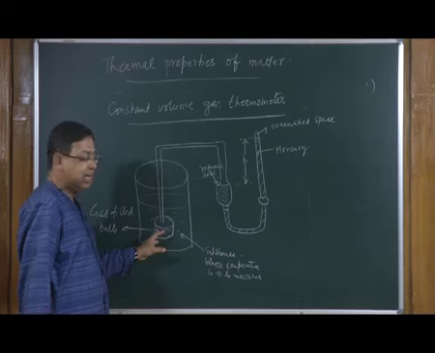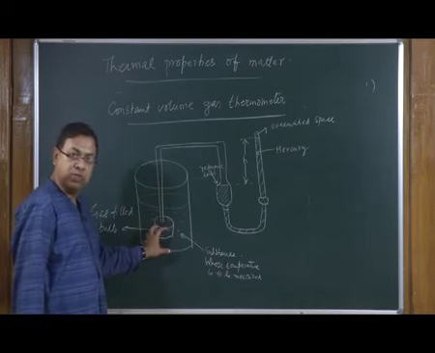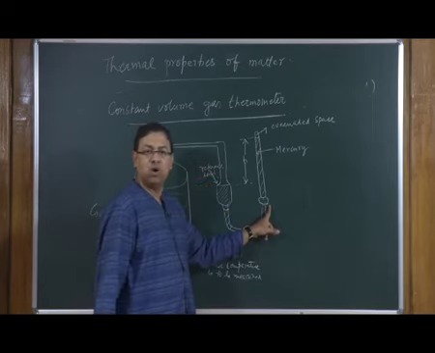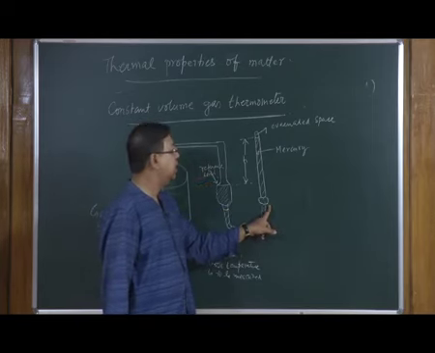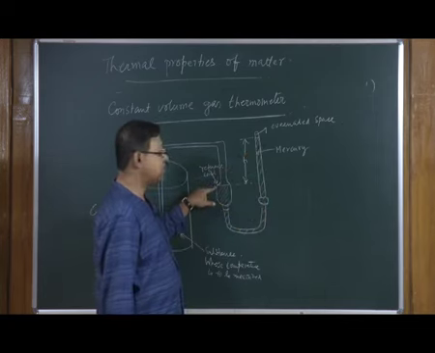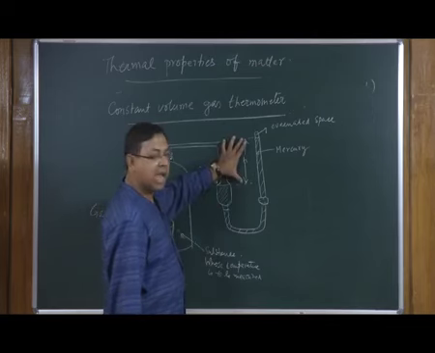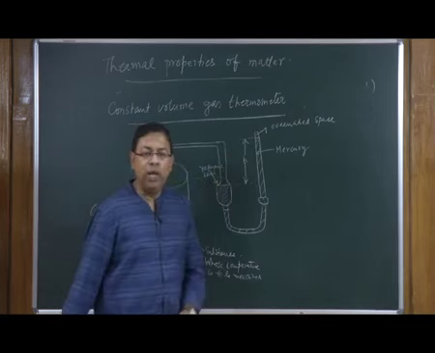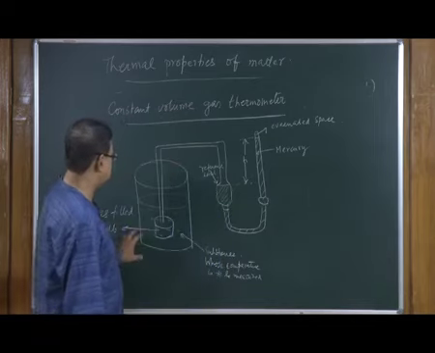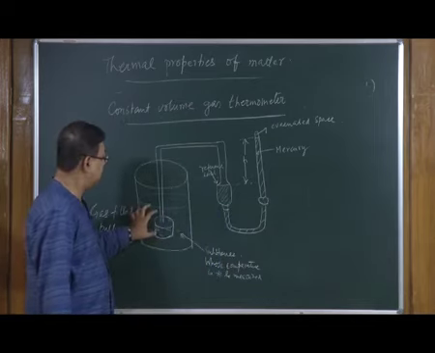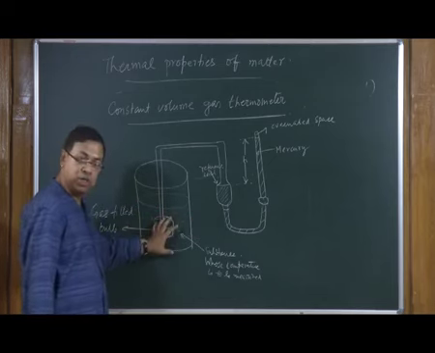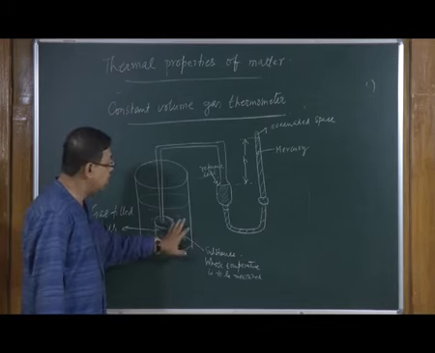will expand, and in order to keep its volume same, we will have to adjust the right hand of the manometer tube, the level of mercury in the right hand of the manometer tube, so as to keep the reference level same, and this height h will be the indicator of the pressure that the gas is exerting on the liquid. So, the change in temperature of the substance will be proportional to